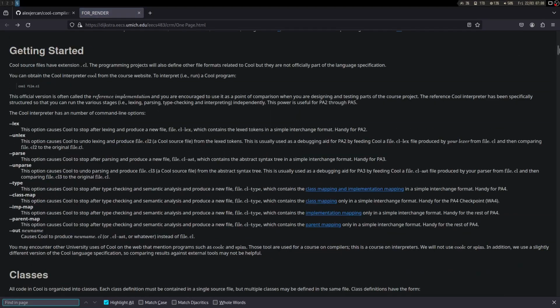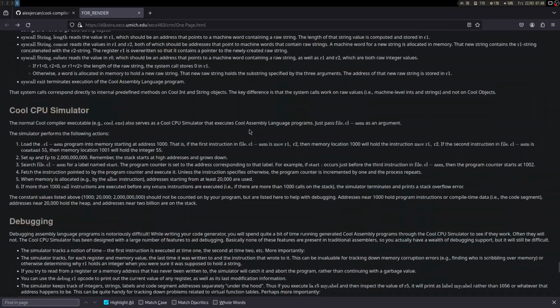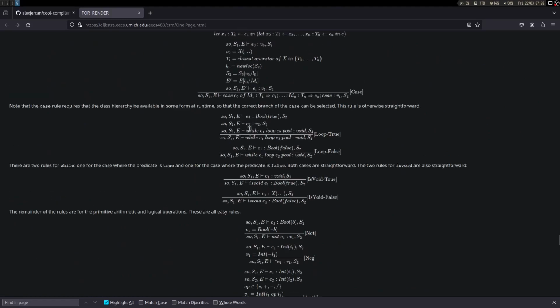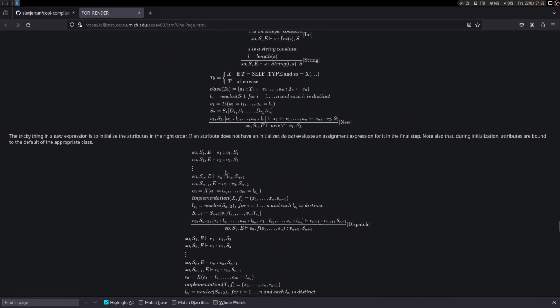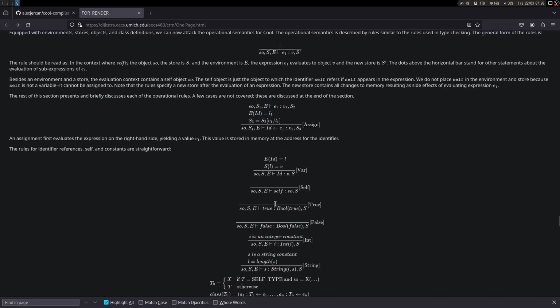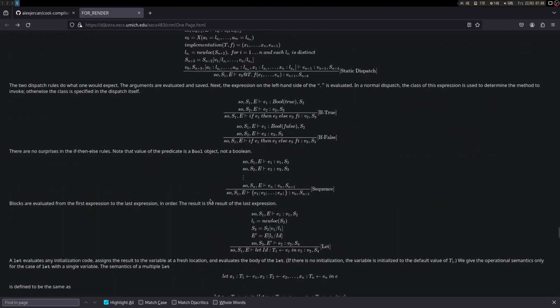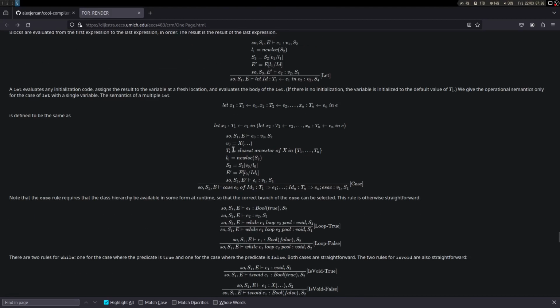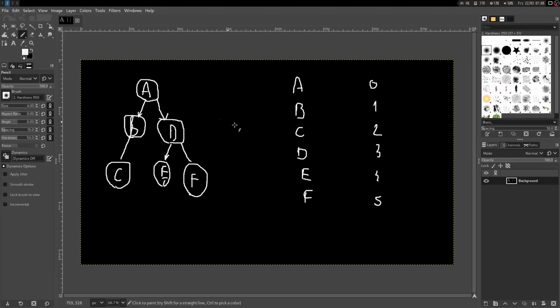We can also take a look at the operational semantics, that's like for the interpreter. But in this one, I can see here "closest ancestor". So it is like any order. I mean, if it is in any order, then I guess, yeah, why not? So that means